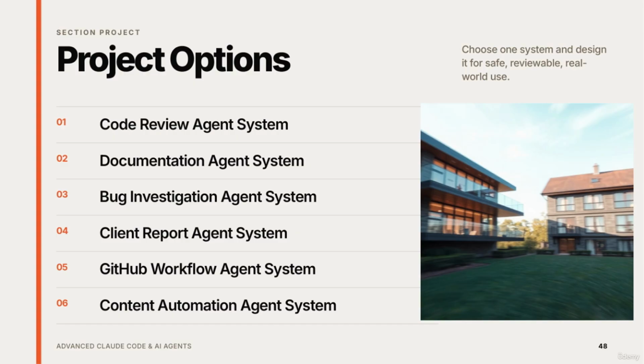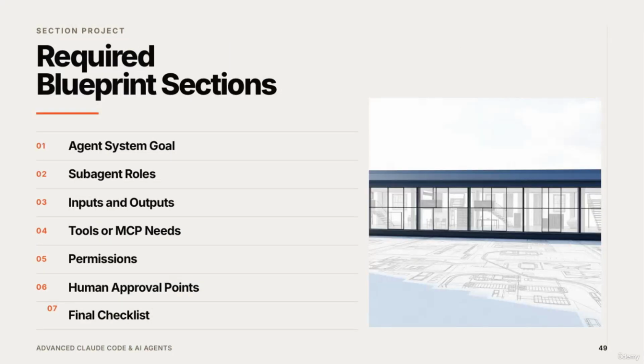This means considering how the system will handle errors, maintain security, and provide clear audit trails for all its actions. Each system offers unique benefits, so the choice depends on the specific needs and priorities of the project. The focus on advanced Claude code and AI agents highlights the cutting-edge technology underlying these solutions, making them powerful tools for modern development teams. On this slide, we're looking at the essential blueprint sections needed to build the system, specifically